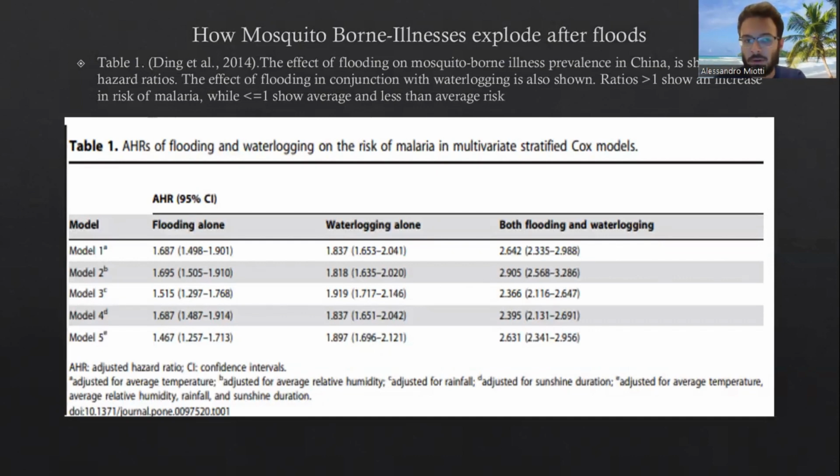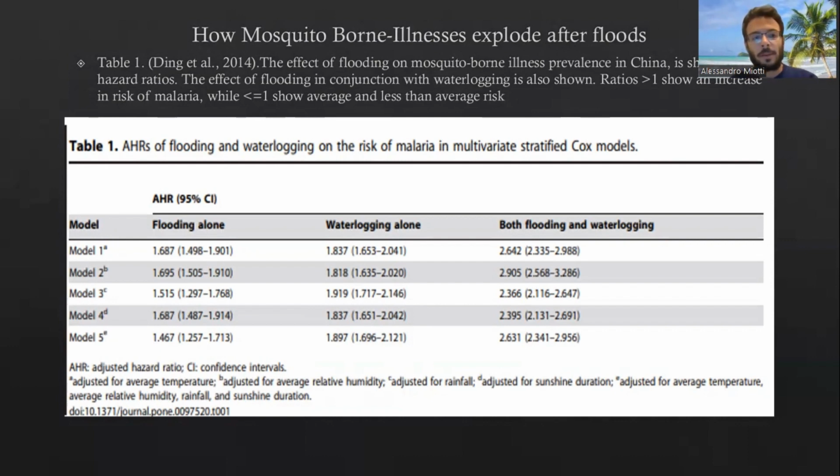And here we have 5 models and 3 treatments. So we have flooding alone, waterlogging alone, and both flooding and waterlogging. And we know that waterlogging is a variable or a constituent of flooding. So flooding causes waterlogging, which are these stagnant pools, as we discussed earlier, either in vegetation or in containers. In third world countries, it's very common to leave water containers out for collection, but this is not good after flooding because obviously this water is undrinkable, but it's also not thrown away. So you get these mosquitoes laying their eggs and proliferating in there.